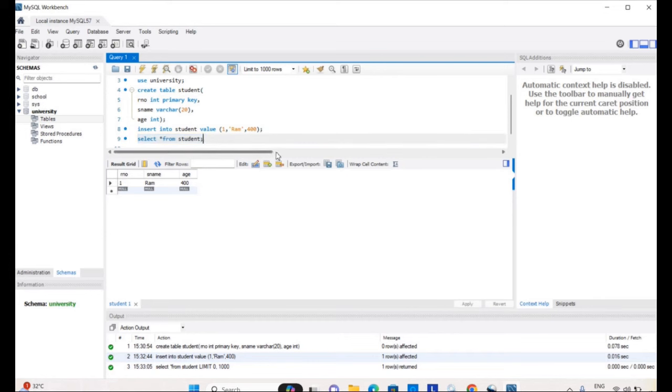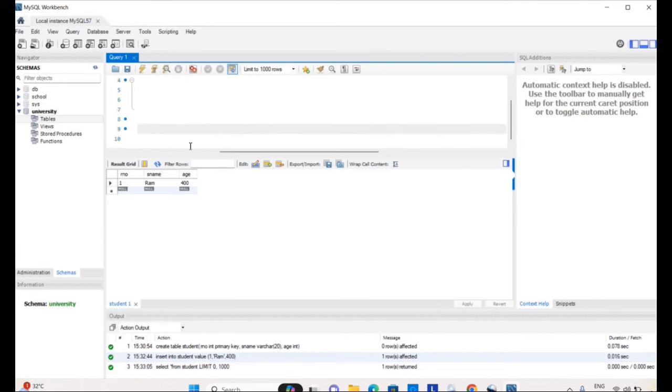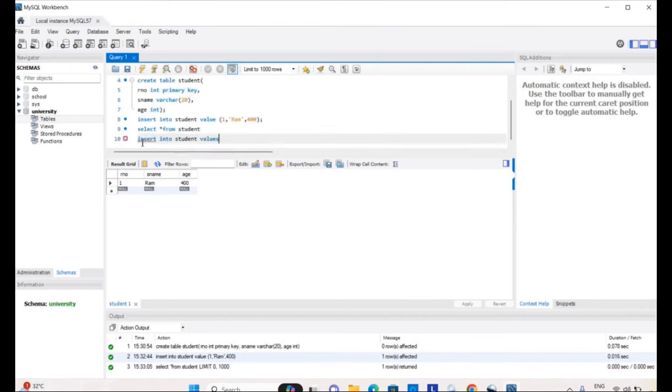Then we can insert multiple values also at a time. Instead of value you have to write values, and then we can write 2, Shyam, 300, then bracket.